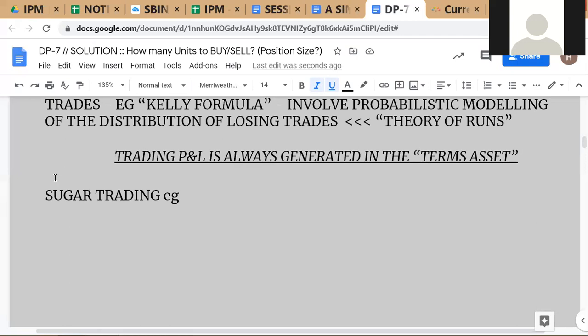So everything has to be translated into reporting currency terms. If Tata Sons owns a building in the UK, then the market value of that building, when you're talking about the market for that building, the terms asset is British pounds because it's in the UK. But when Tata Sons is preparing their balance sheet,